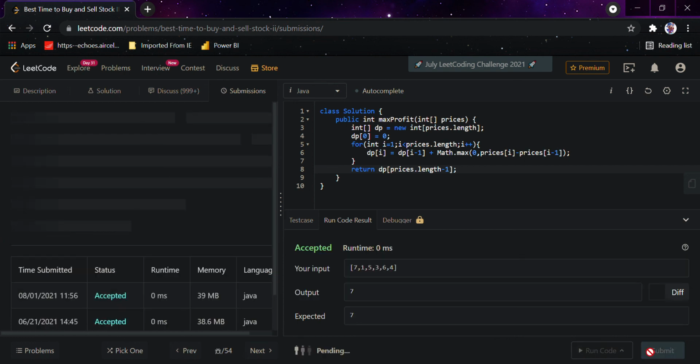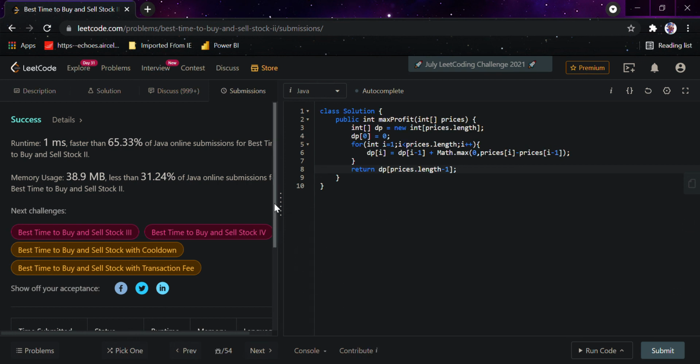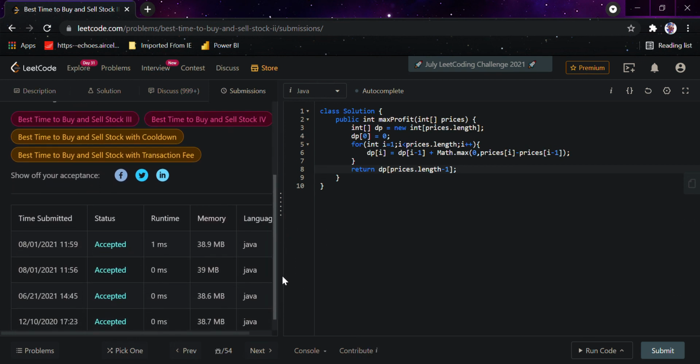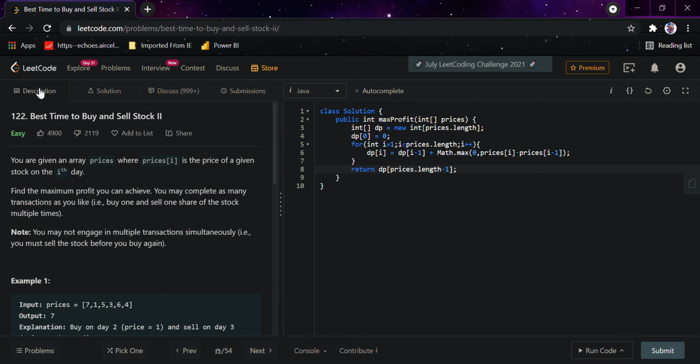So I would be submitting the solution now. It is a bit slower than the previous solution, but it has less memory consumption. Even this can be reduced in memory, depending on the number of times you're storing the value. So these are the two approaches that I got while solving the problem. If you have any other approach, you can solve it using that also.